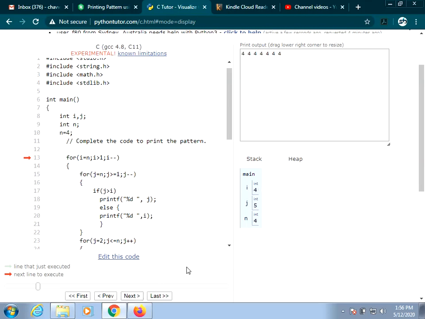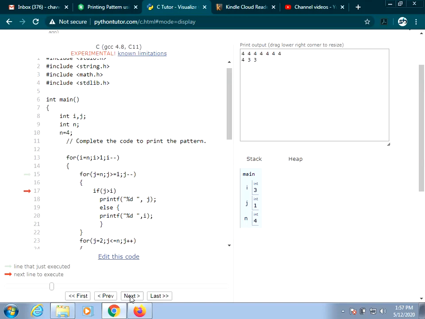So it will come here. Now the cursor will be here. Now i will become i minus minus, now i will become 3. Now j will start from 4, j will be equal to 4 now. So now 4 and 3 are compared, 4 is greater than 3, so the j value 4 will be printed. That is the first thing in the second line. Next, again similar comparisons, j will become 3, i will be printed, so 3 will be printed.